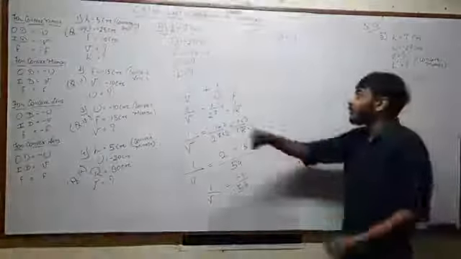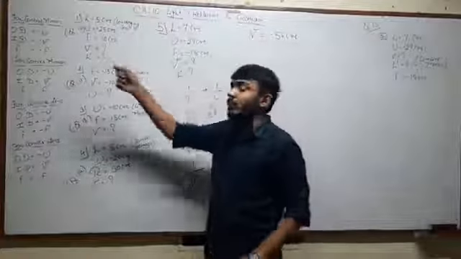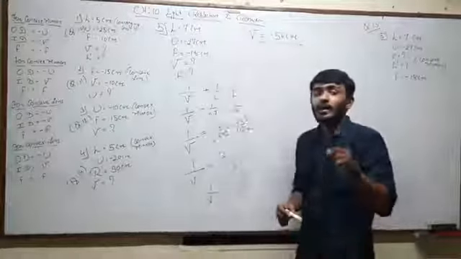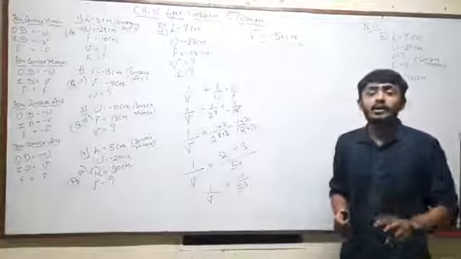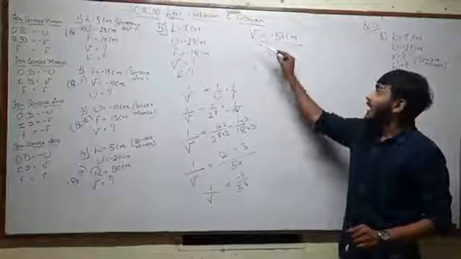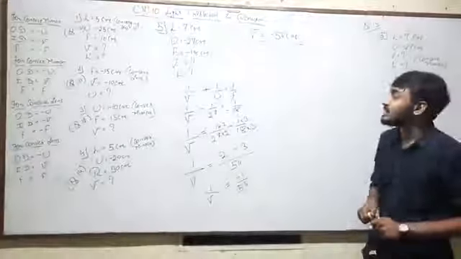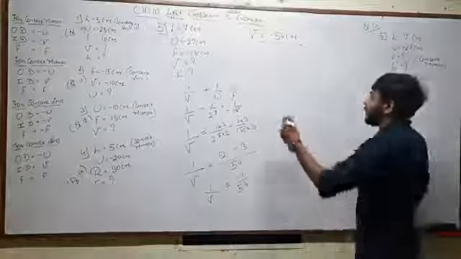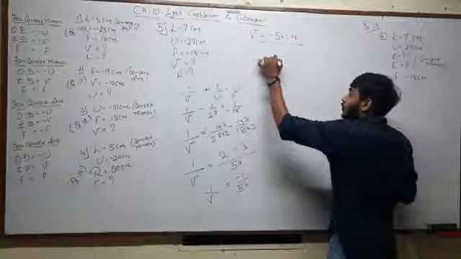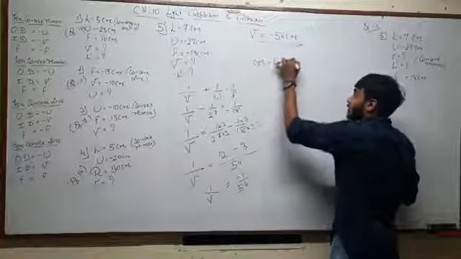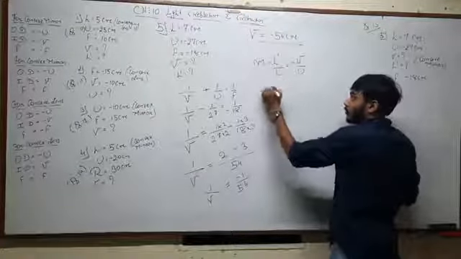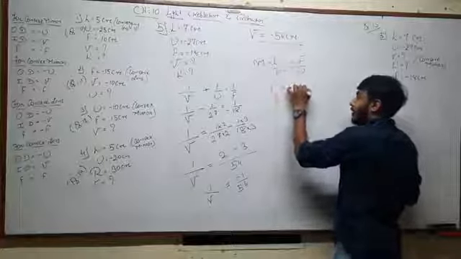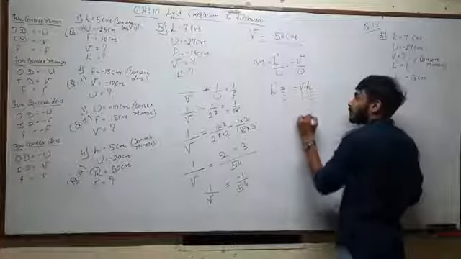Okay. So as you can see over here, for a concave mirror everything should be negative. I had a negative focal length, negative object distance, and a negative image distance. That means we are right. Now we need to find the magnification. The general formula is H prime upon H is equal to minus V upon U. So we can write that H prime is equal to minus VH upon U.